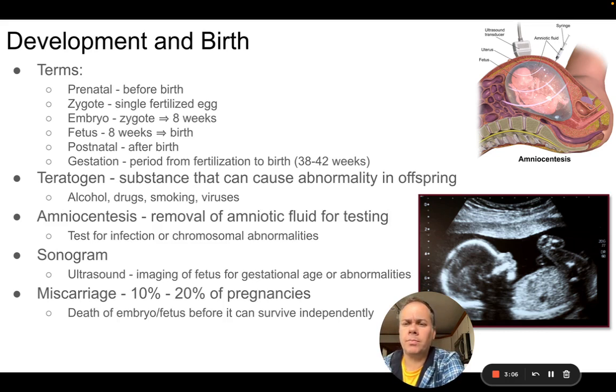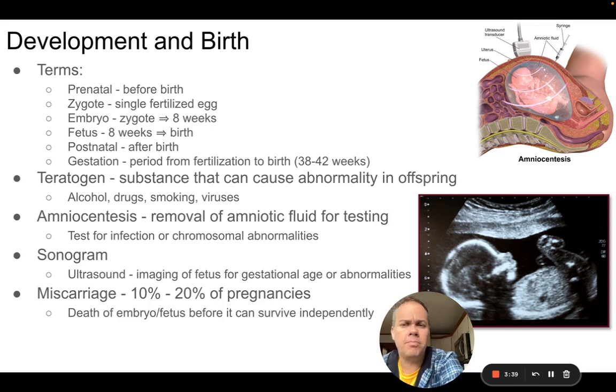Sometimes a doctor will want to do a scan of the developing fetus using an ultrasound or using an amniocentesis, which is extracting some of the fluid from the amniotic sac to study it. You can tell if the chromosome number is typical. You can determine the sex chromosomes that the fetus might have. You could diagnose certain conditions using that amniotic fluid.